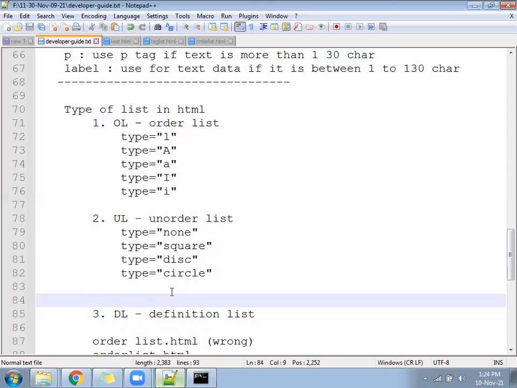After making a note of those four lines, you are going to create a file called unorderlist.html. You will create a file called unorderlist.html.